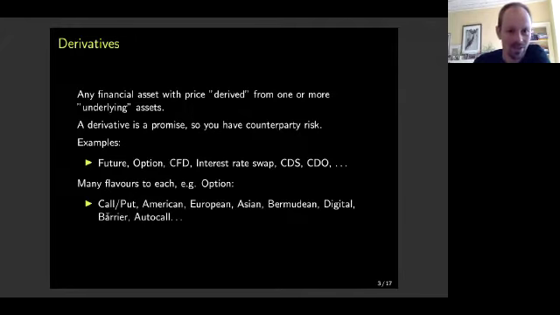And each of these derivatives then comes in many flavors. So for options, you will have the basic type of payoff, whether it's European style or American style. Each of these can be call and put. And then Asian is a little bit about how the underlying goes in, whether it's at a single point in time, which is what happens in American and European options, or whether you do a bit of averaging, which you might want to do. And there are a lot of possible options. The nice thing is that there are certain basic principles which make all of these work the same, and we'll look at some of those.